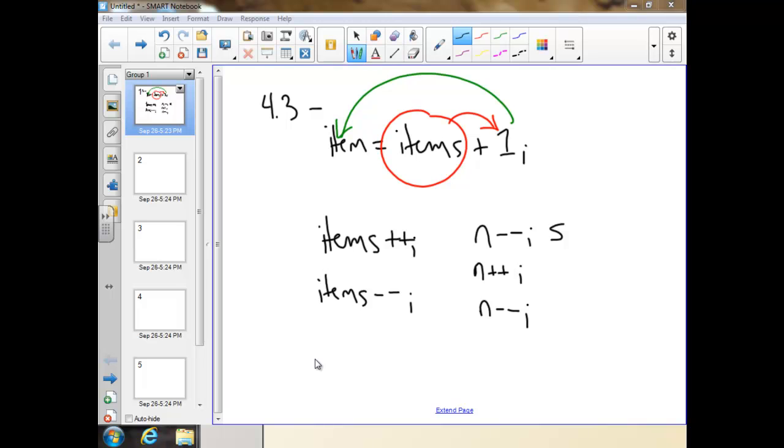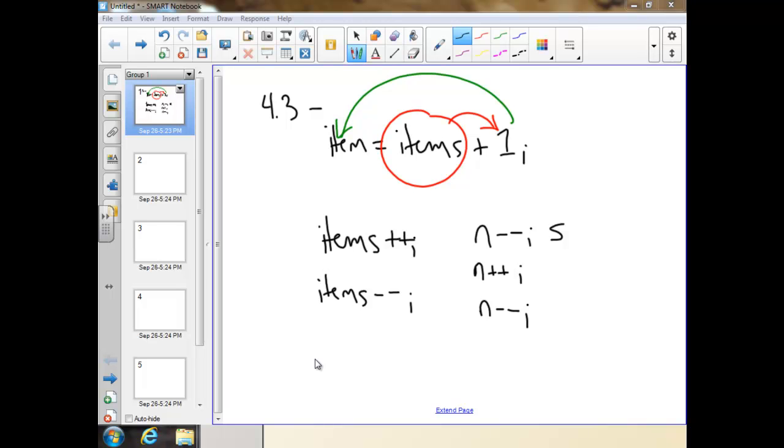So, as you can see up here, we normally have the statement items equals items plus 1. I take my items, I add 1 to it, and then I re-save it and override my previous value. But since adding by 1 is such a shorthand thing and you do it all the time, you can shorthand it. So I just say items plus plus would always add 1 to my items value,